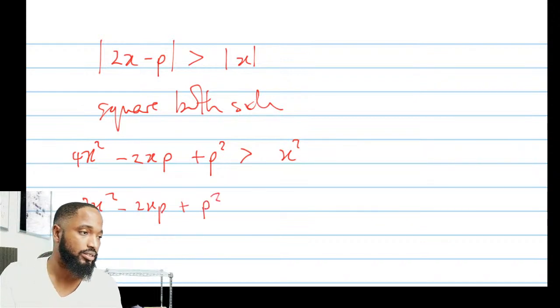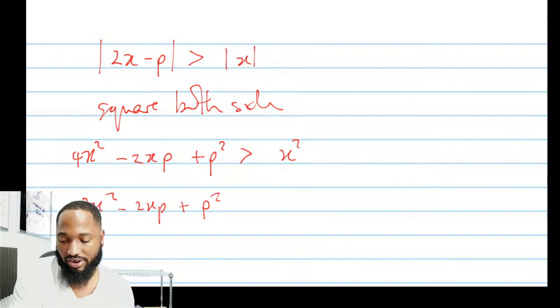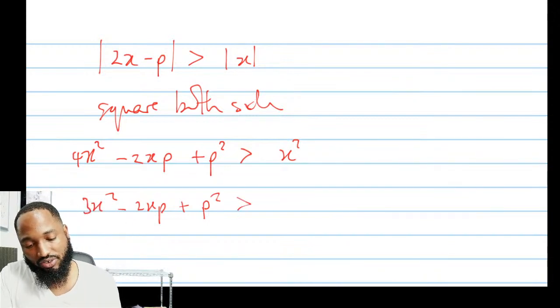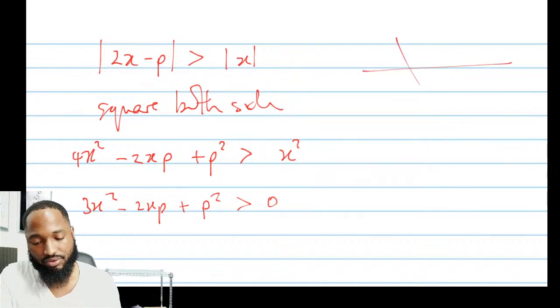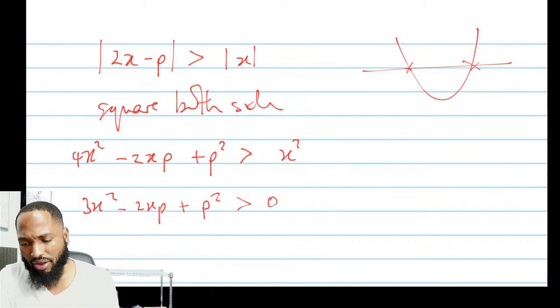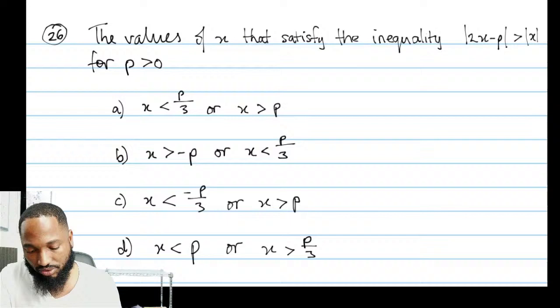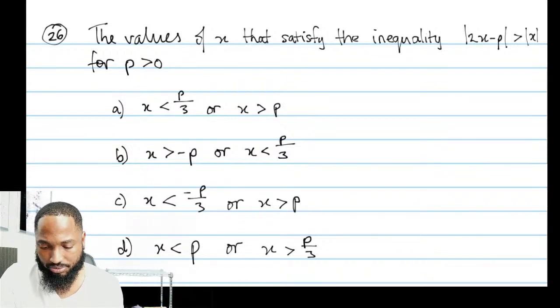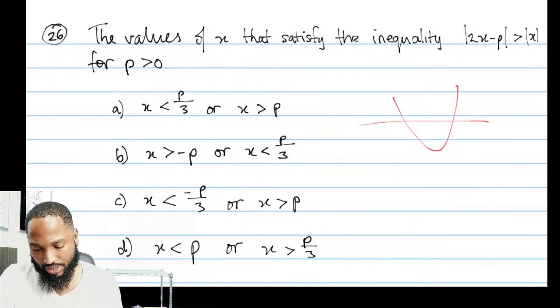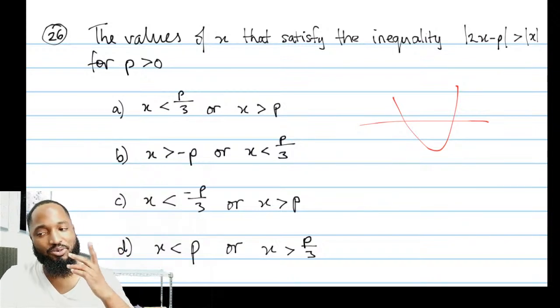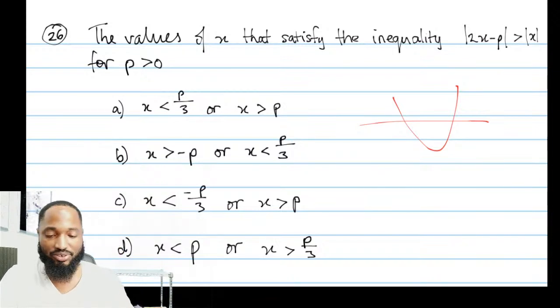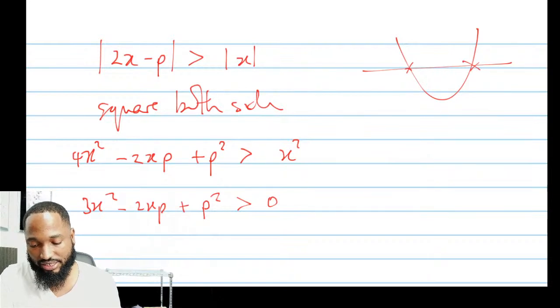Factorize this. Just keep in mind that it's greater than 0 now, so you're looking at this kind of curve, with a minimum. When you get 2 values, I wonder if you can get the answer just from that alone. Which one is higher? You still need to know whether you're dealing with negative p, so you need to go through and factorize it.